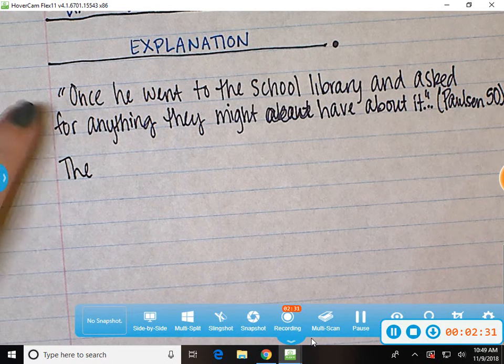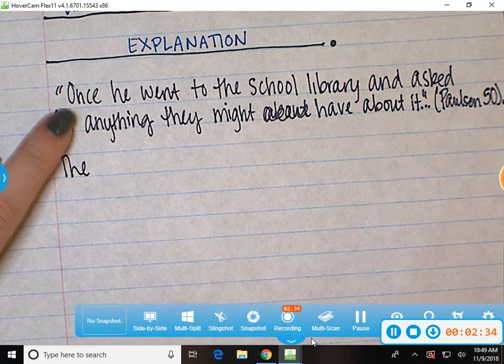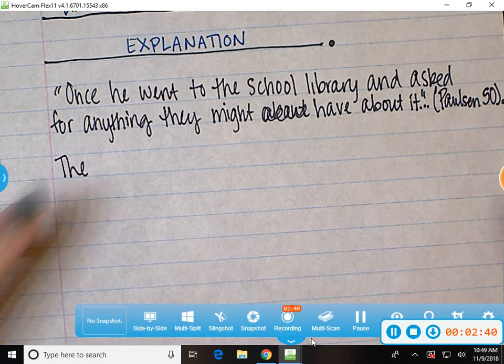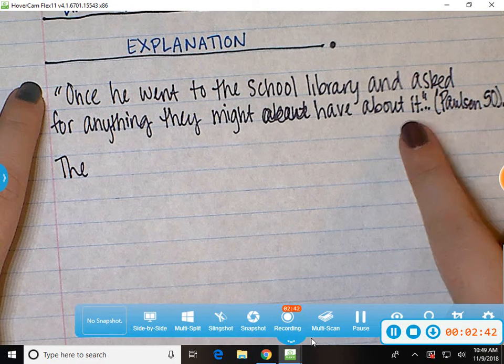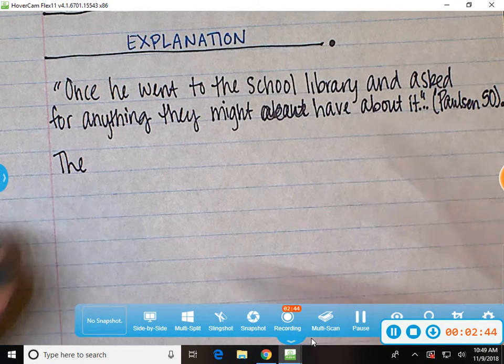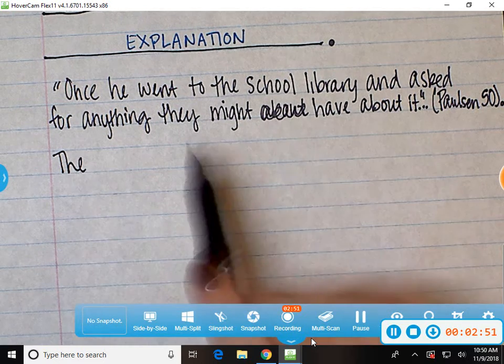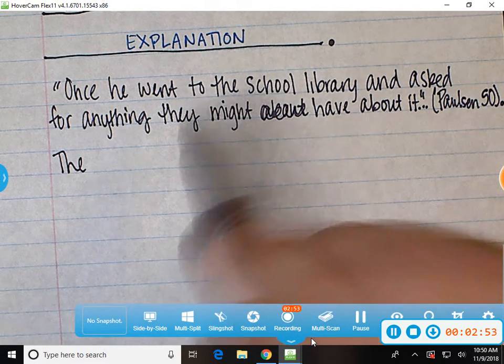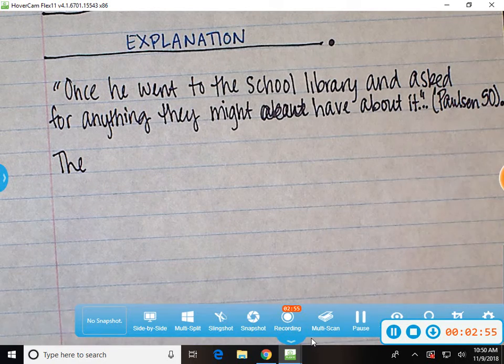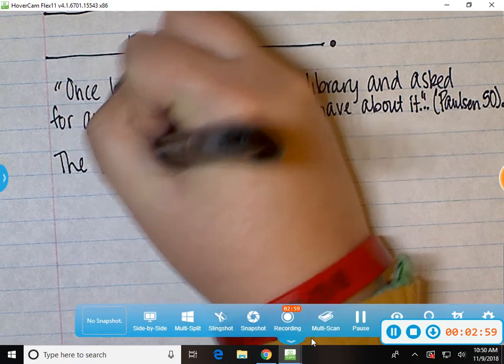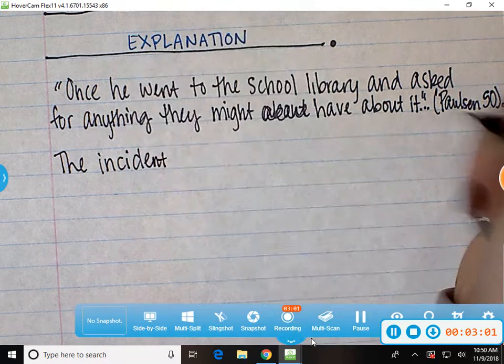Is this dialogue or is this an incident? Incident. It is not dialogue. It looks like dialogue because it's got quotes around it, but do I have to include quotation marks if I'm transferring a quote? Yeah, right? It's part of my citation. So this is actually an incident. Terry is not saying this. It'll say, Terry said, his father said, whatever. So the incident in the story